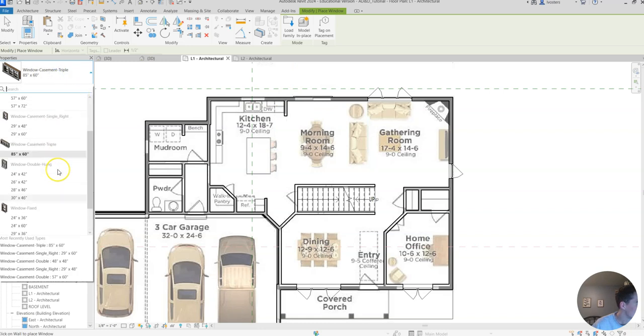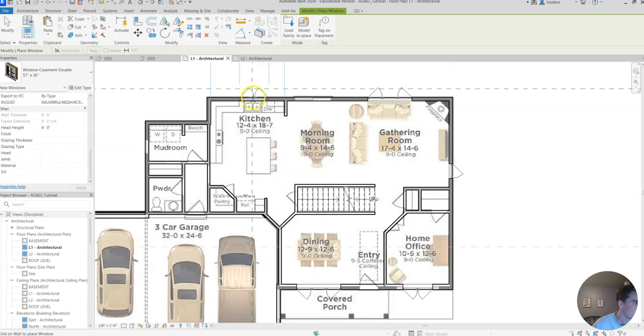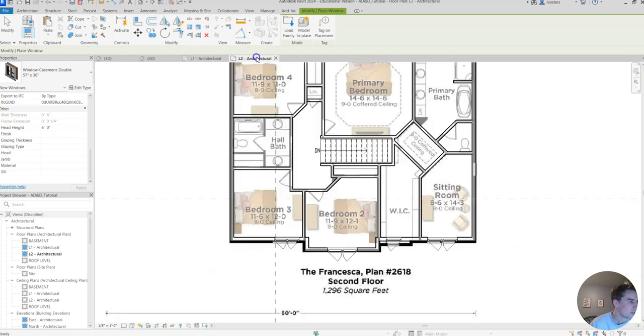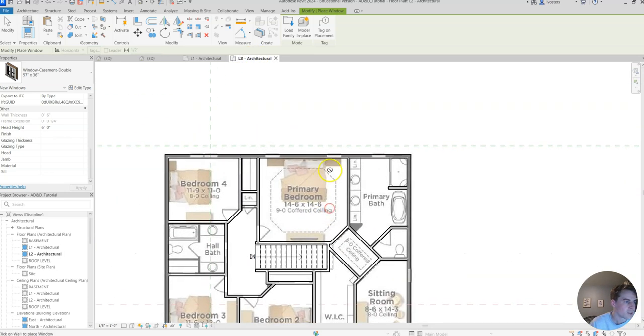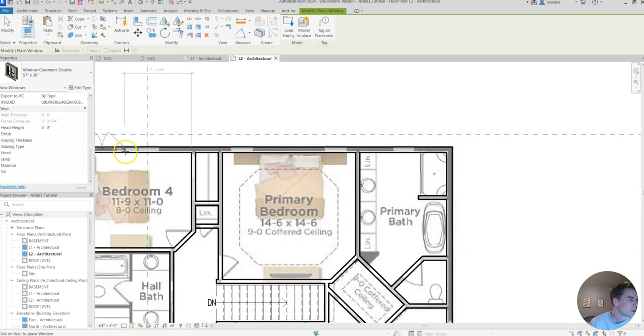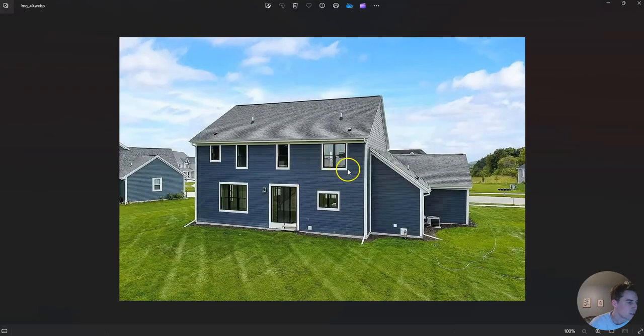And we'll have to select it. 57 by 36. There we go. We'll have to adjust the head height on some of these, I believe, but we can do that later. So let's go up to L2, place some of these ones in the rear. First one is going to be, let's go back to our picture. We've got a 57 by